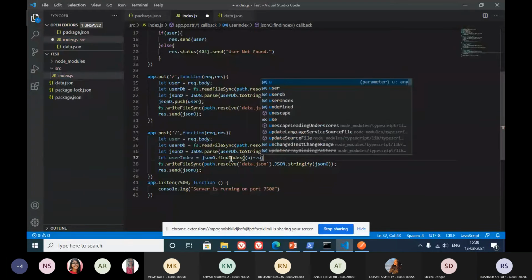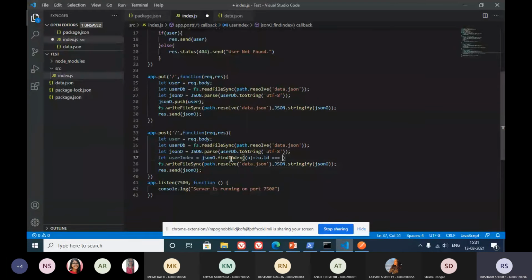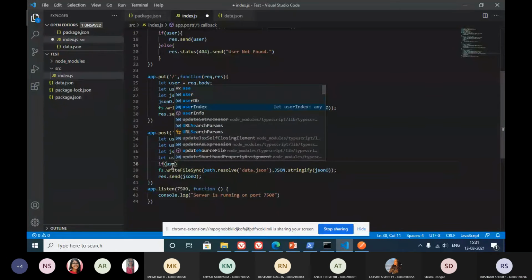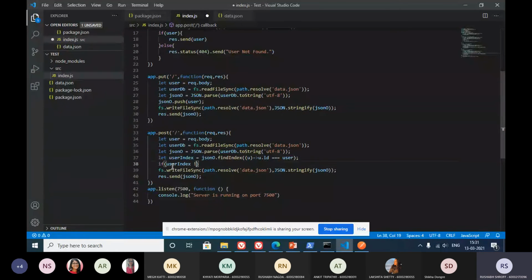So now we have received the index. Now let's check if the index is not equal to -1. So let's say if this function is not able to find a user, then it will make this index -1, and if a user is found, then it will give the index of that particular object inside this array. So if we have a user index, or a user, if user index is not equal to -1,